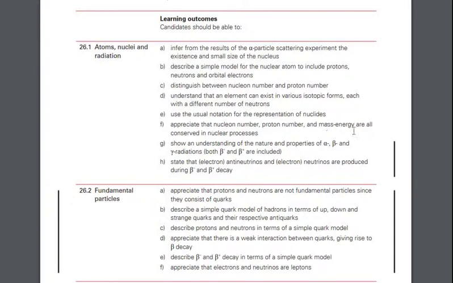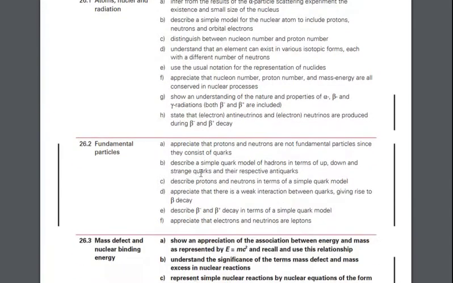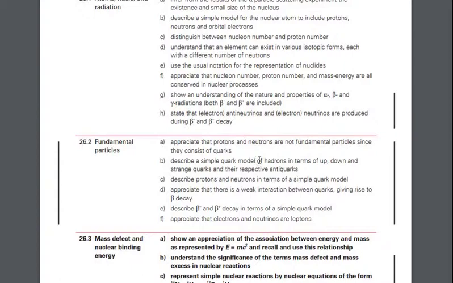তারপর appreciate mass energy. So there's this new concept here, it's called mass energy. We'll have to talk about that in detail. Conserving nuclear processes, with a short understanding of properties of alpha, beta, and gamma radiations, both beta plus, beta minus. State that electrons and electron antineutrinos and electron neutrinos are produced during beta minus and beta plus decay. So এগুলো আছে সাথে তোমাদের হইতেছে you need to be aware that protons and neutrons are not fundamental particles since